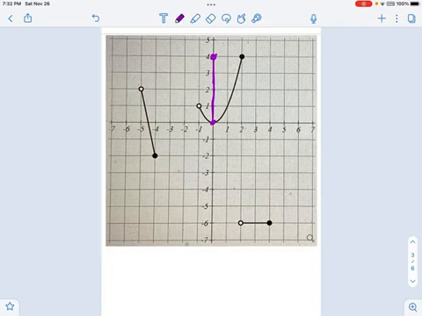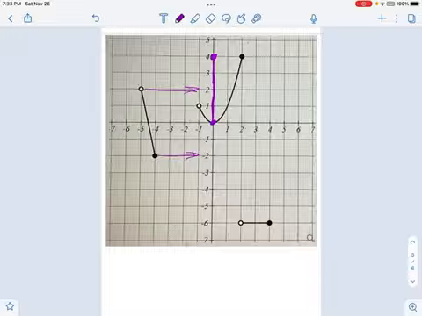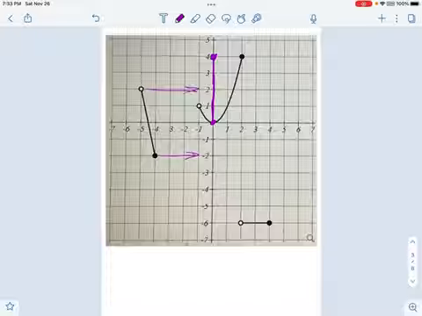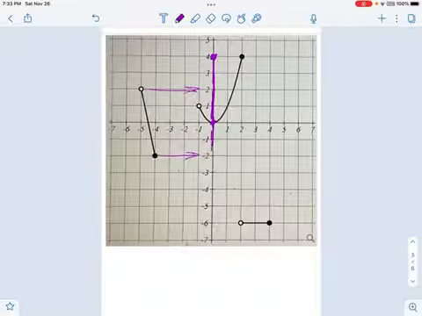And then we have this linear function on the left, and that comes cruising in here, and that squishes down also. Now, an open circle does not create an open circle. Remember what an open circle means. It means there's no y value right there. But there sure is one over here already. We've already got a y value there, so we don't care that we're missing a y value right here. That doesn't matter.